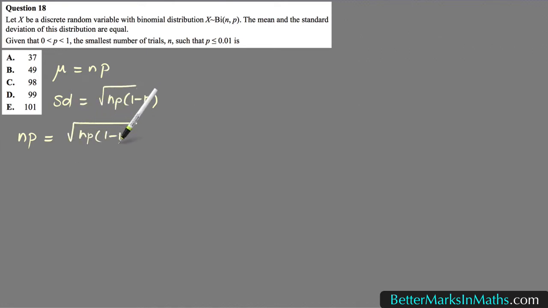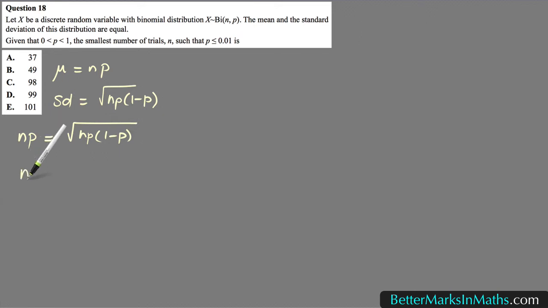So the way to do this is to use this bit of information. The mean and the standard deviation are equal. That's the starting point. So the mean is equal to np, and the standard deviation is equal to the square root of the variance, and the variance is np times (1 minus p). So if you let them equal each other, np equals the square root of np(1 minus p),